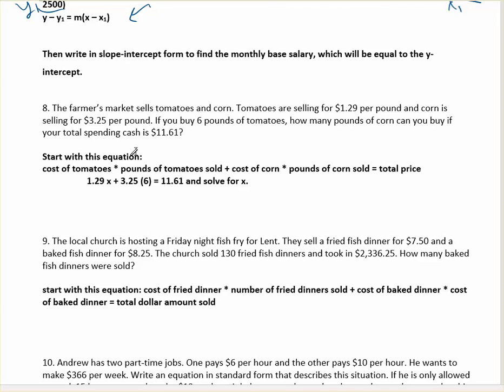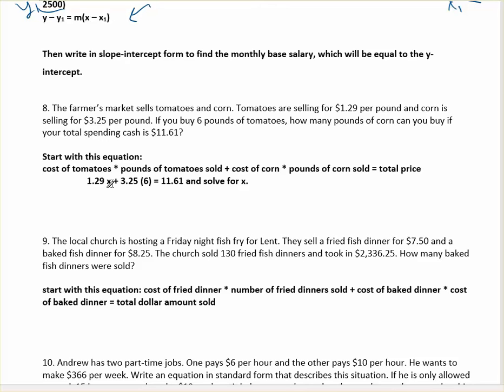So the equation that we're going to write is that the cost of tomatoes, which is $1.29, times the pounds of tomatoes sold, which later they tell us is 6, plus the cost of corn, which they tell us is $3.25, times the number of pounds sold, which we don't know, we'll have to use X or Y for that, is equal to their total cash spent, which is $11.61. So cost of tomatoes $1.29,